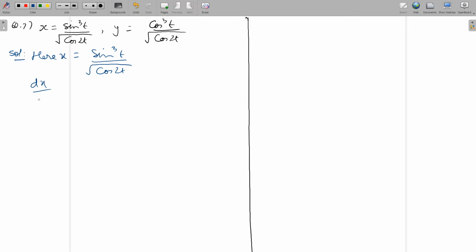So dx by dt will be equal to differentiation of this, and to differentiate this we will apply the f by g rule. So what is the f by g rule? F by g dash is equal to g into f dash minus f into g dash over g square. So this is the rule which we will apply here. So what is our g now? Our g is root of cos 2t, so square root of cos 2t into differentiation of the numerator, because f is the numerator, so that is 3 sine square t, and differentiation of sine t is cos t using the composite function differentiation,